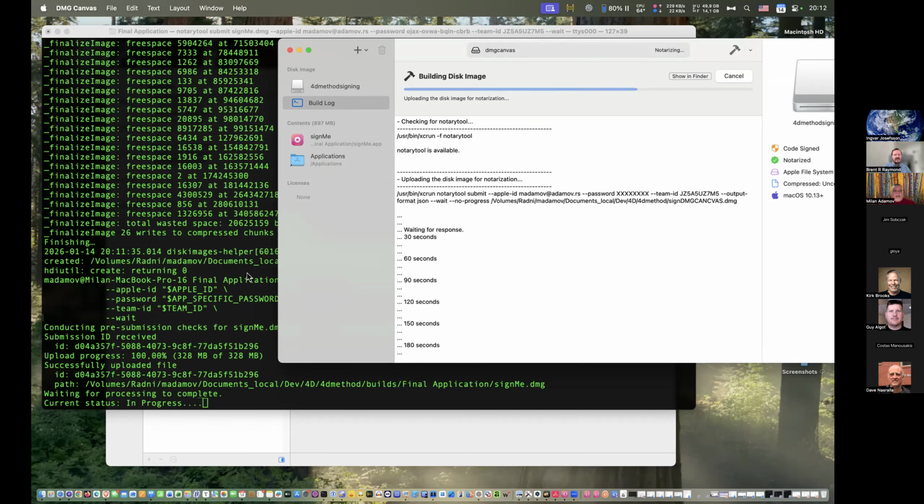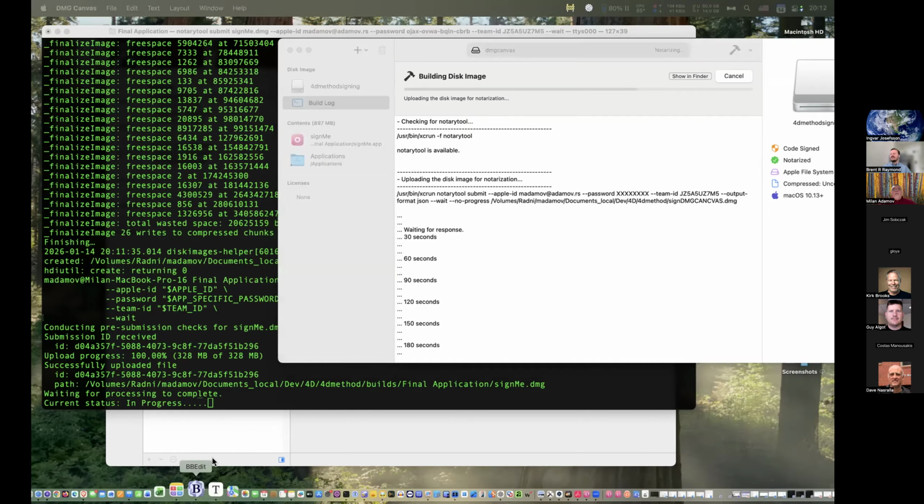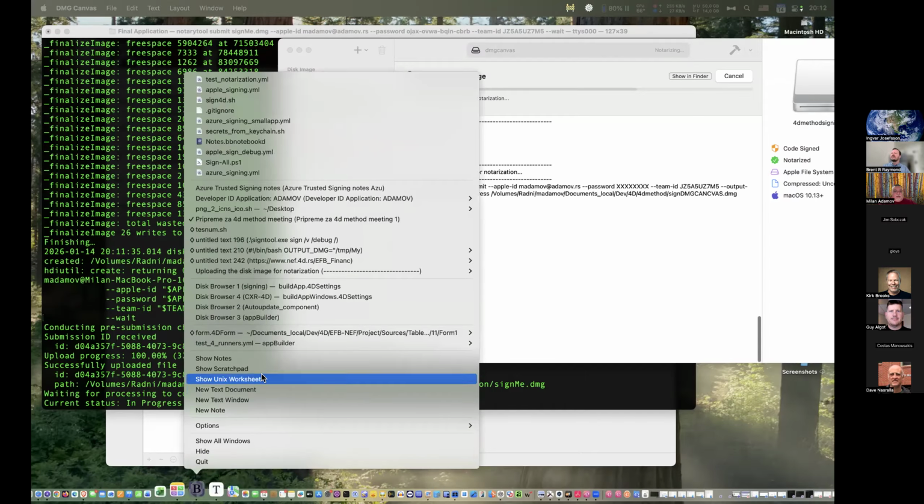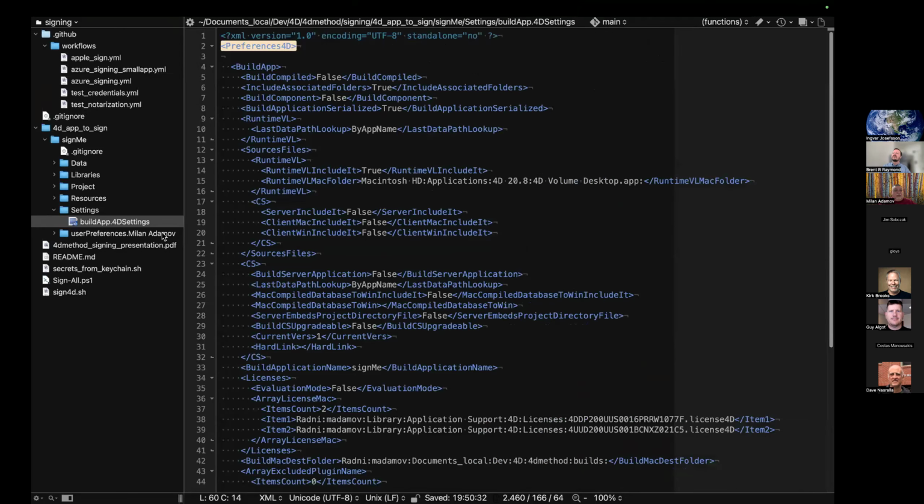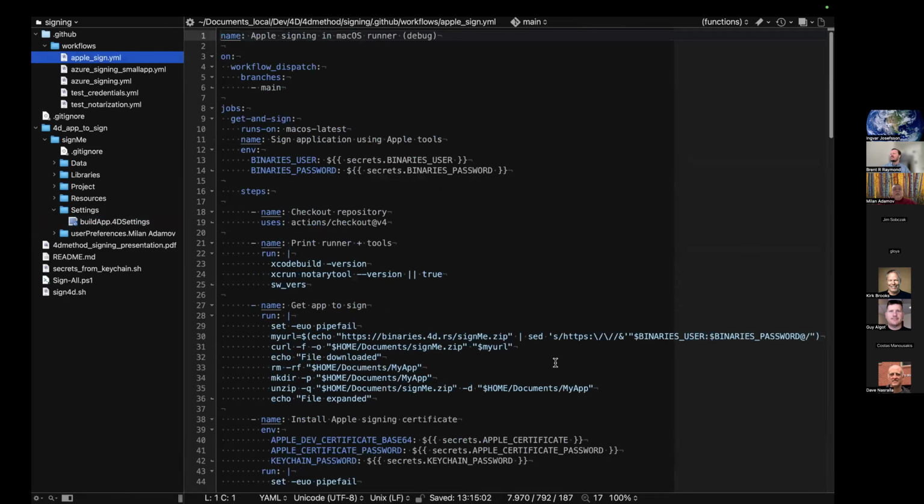So basically, let me explain while we are waiting, so we are not wasting time. I want to show you the GitHub action now. So instead of doing this manually, you can do it in GitHub Actions, provided that you build something there.